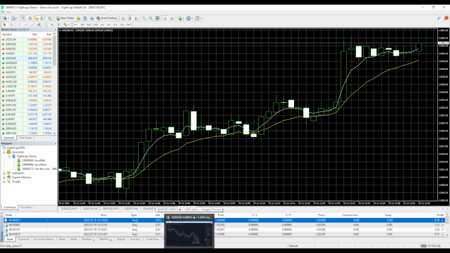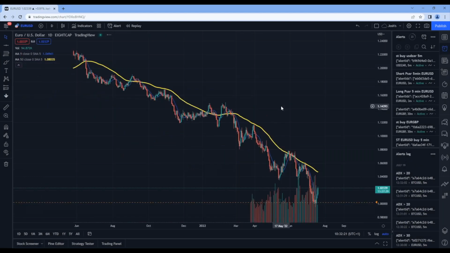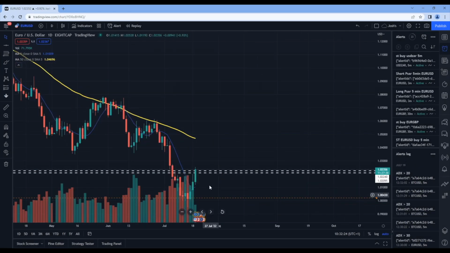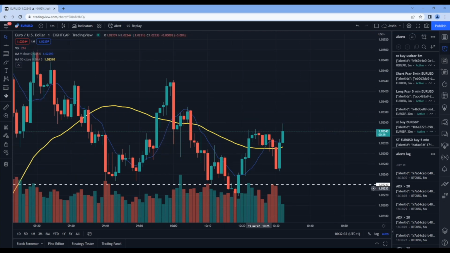So we'll be able to check them out. I wanted to see where we started here, guys. I'm going to get a euro dollar for Eightcap. Let's see, we want to go to the 1 minute here. Okay, we've got good movement there. Remember, this is the support line, hypothetical. Remember, support and resistance is subjective. I just put it here for the sake of creating the strategy. So we started averaging in up to here. So any trades that were taken up here may still be in a little bit of loss, but we'll see this run out for the next couple of minutes.